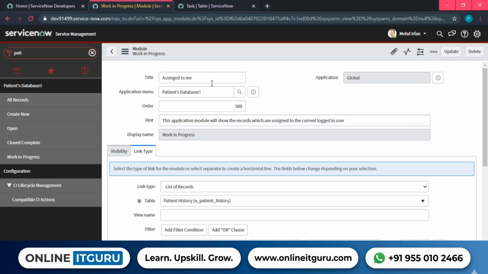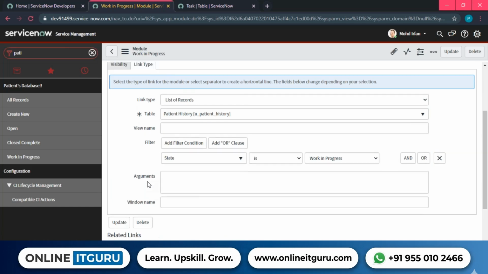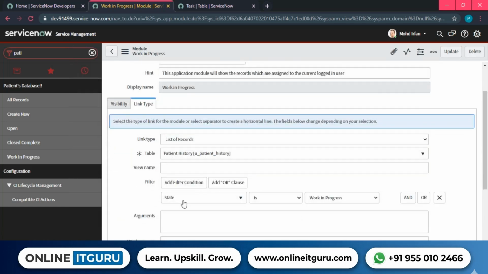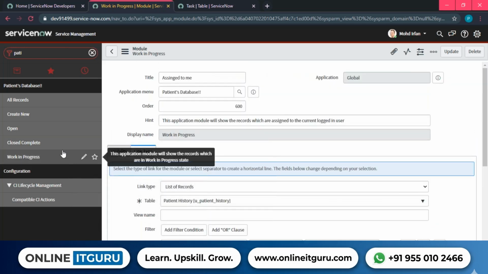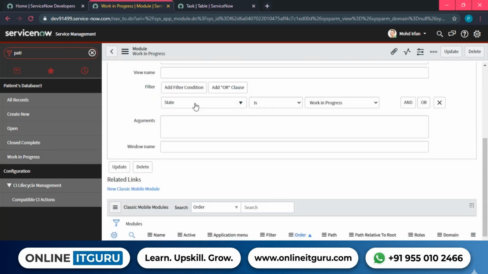Okay, I want to see the records, or the incidents, or the specific records in the table which are assigned to the current logged in user, and I'm going to keep this 600. Now if I give one name here, that person's name will be the only one visible to you, but the requirement is that this application will have to show the records which are assigned to the specific currently logged in user. In those kinds of scenarios, I'm going to go on the filter type, assigned to